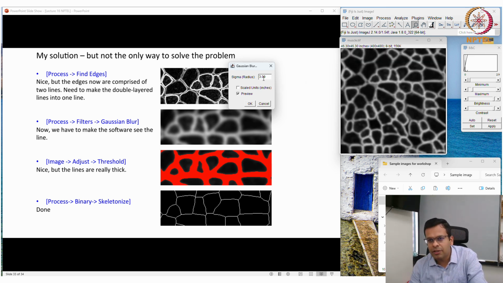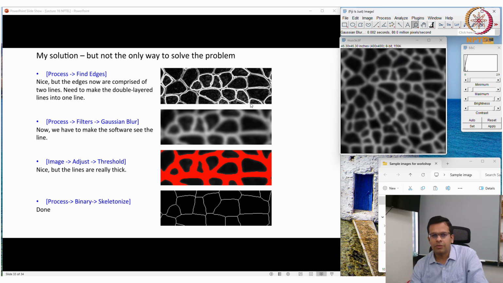With a sigma value of 3, I think, but still at some point you can see two lines. So let me go to 5. Now all structures I can see as a single line. I cannot see double lines anywhere, right? So I think this is the best value for Gaussian blur.